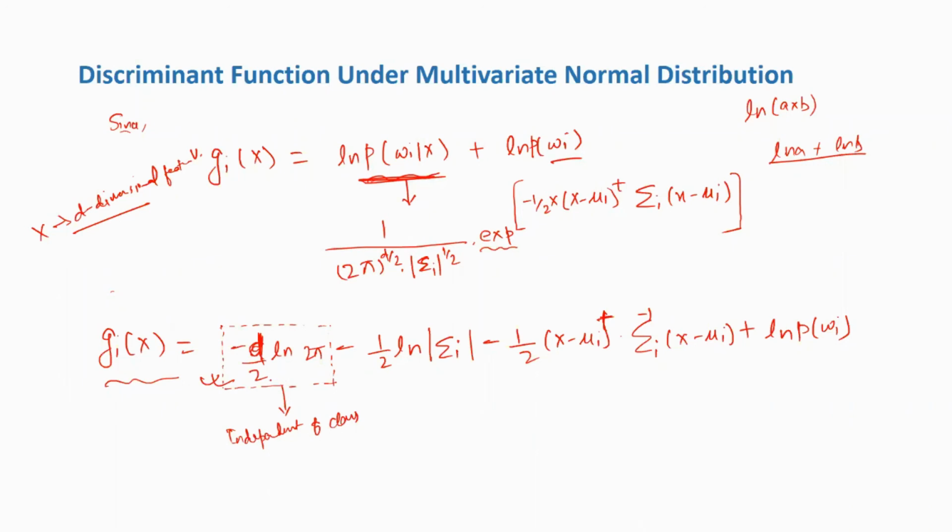Correct. So this will not contribute to classifying your feature vectors into any of the classes. Because of that, we will remove that term. We will not use that term since it is not contributing. So it's fine, we can neglect that. And finally, we can say that gi of x